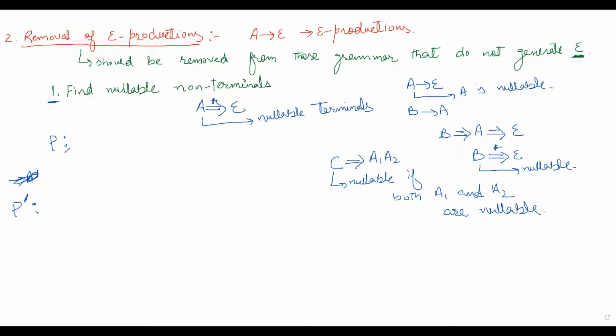So we have to add all the productions which are in P into P dash, but with some changes. We should add all productions as well as combinations of